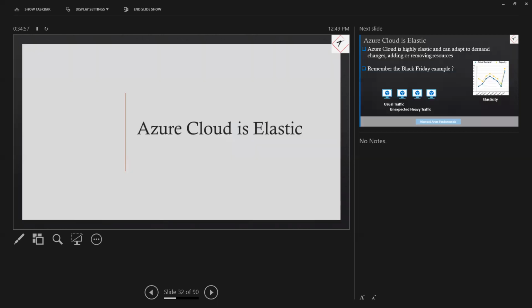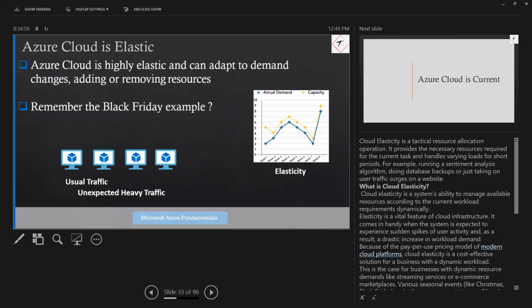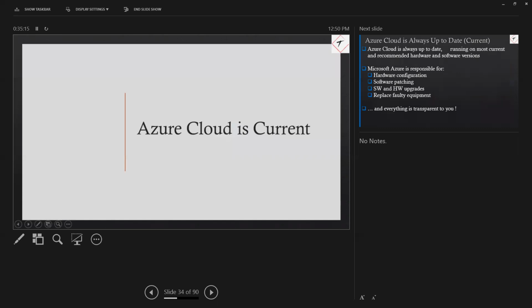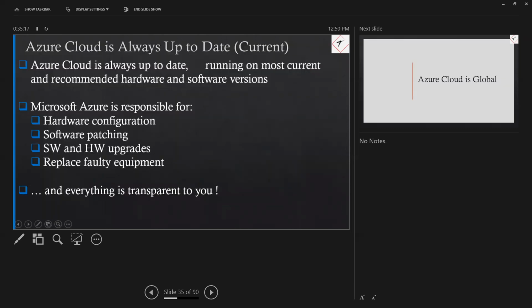Azure Cloud is elastic. So what does that mean? As and when you have an increase in demand, you can quickly scale by adding or removing resources. Azure Cloud is current, so that means Microsoft takes care to make sure all the drivers are up to date